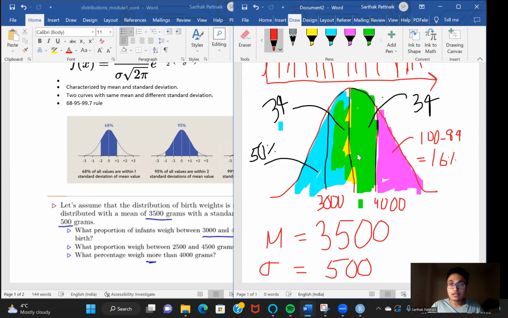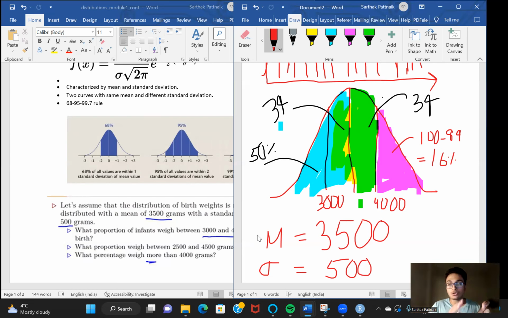Towards the center, we have the mean. So to the right of mean, we'll have 50% of the data, and towards the left of the mean, we'll also have 50% of the data. Now, between 3000 and 4000, there is 68%. So between 3000 and 3500, there will be 34%, and between 3500 and 4000, there will be 34%. So behind 3500, there is 50% of the data, and behind 4000, there is 50% plus 34%, which is 84%